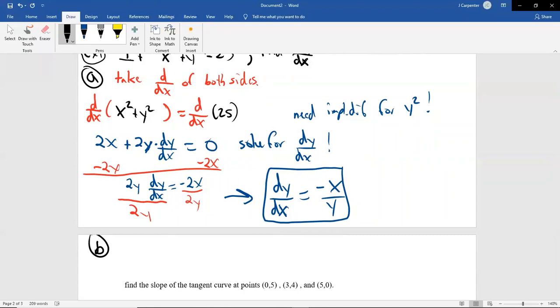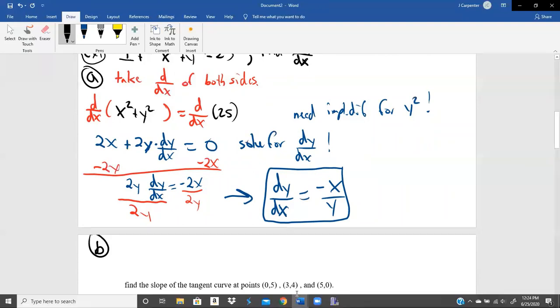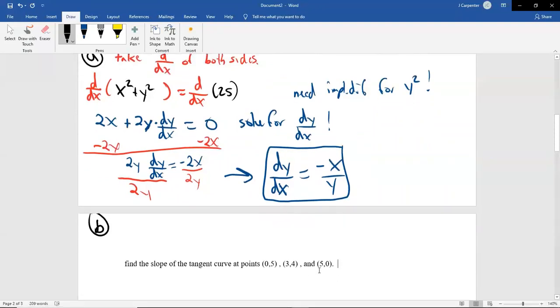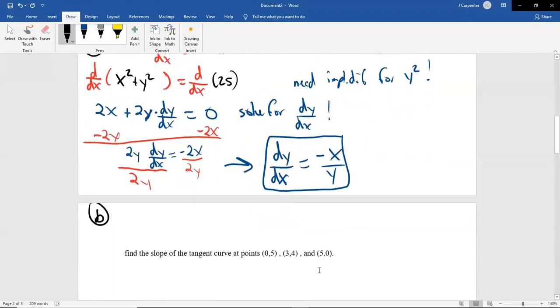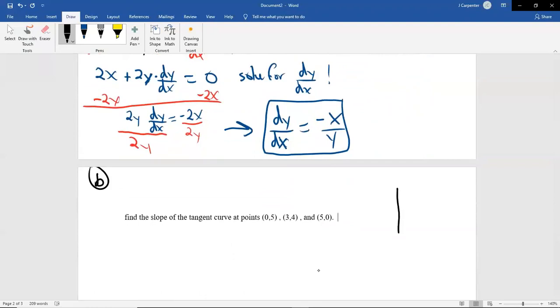Now, two of these I could pull up the graph and know instantly. 0, 5 and 5, 0. Those are super easy to tell graphically. Let's just do that to the side. Here's our slightly weird looking circle. All of these are 5s and negative 5s on the ends. So the 3 points I have labeled are 0, 5, which is right here, 5, 0, which is right here. That's the first and the third. And then 3, 4, which is somewhere about here.